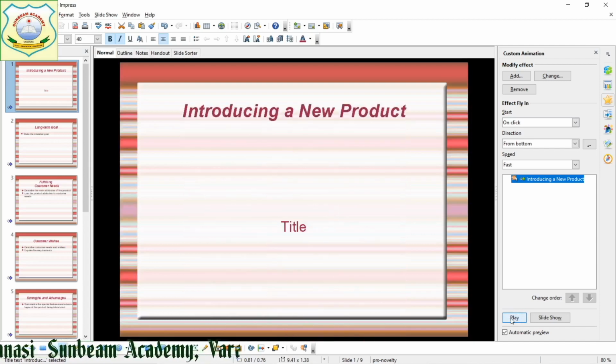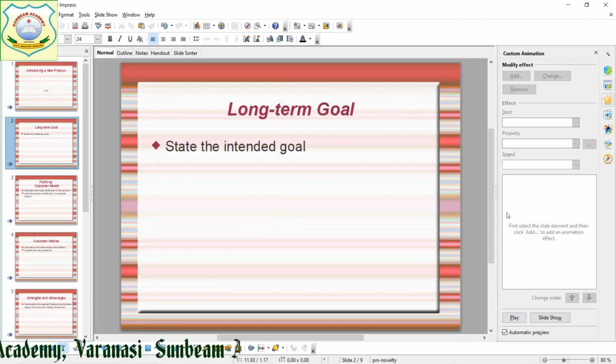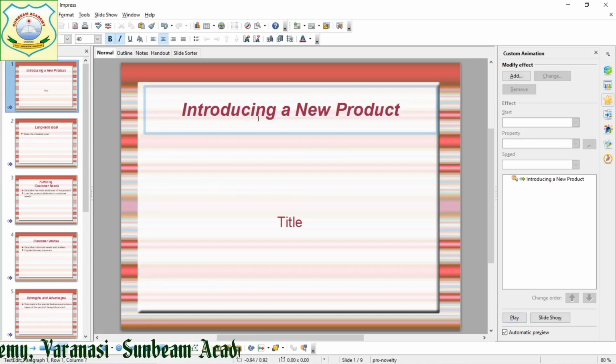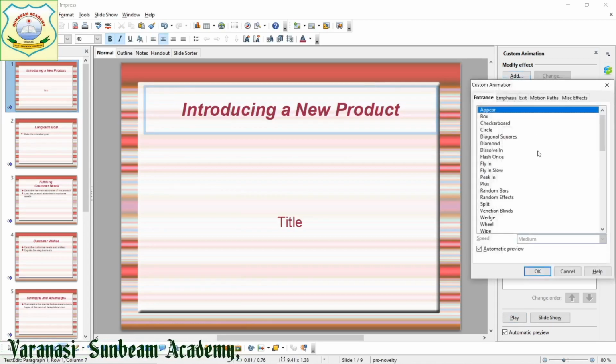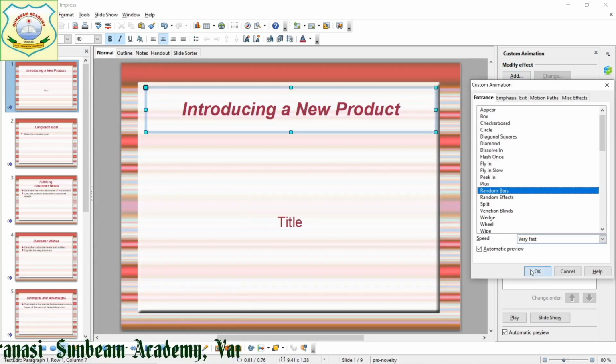Now have you seen through this presentation? For the character I have taken the animation, and since I have not given timing, it has come as per our mouse click. Here also, whatever effect you have given, suppose random bars I have taken, very fast, okay.